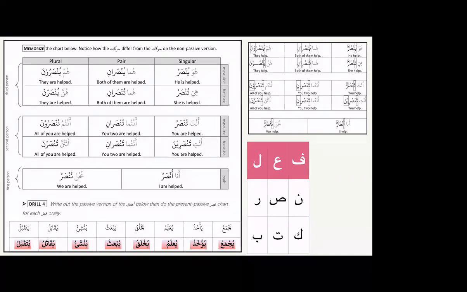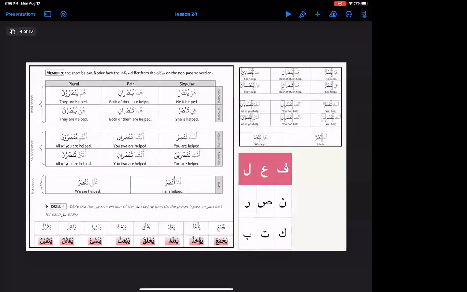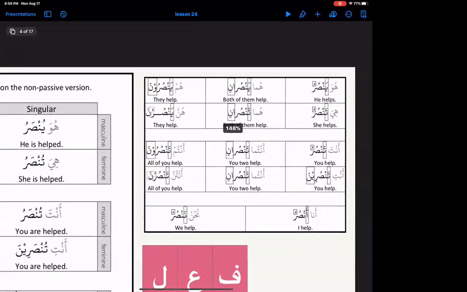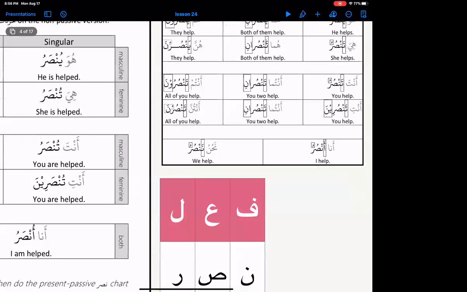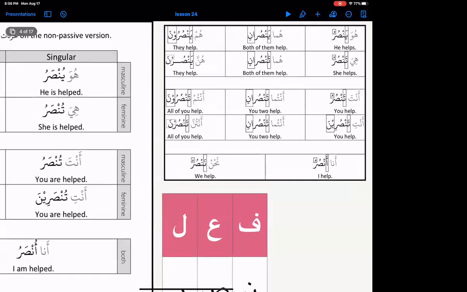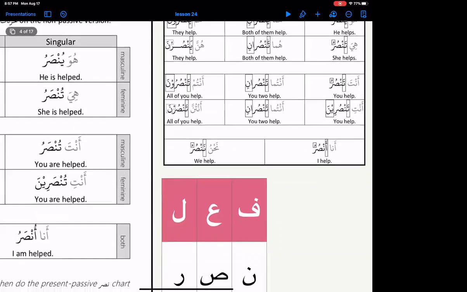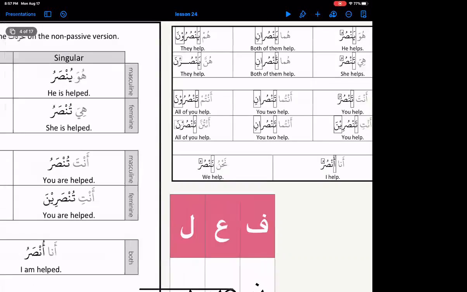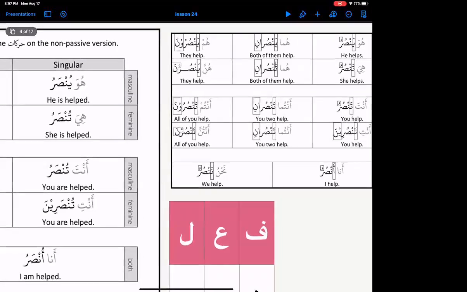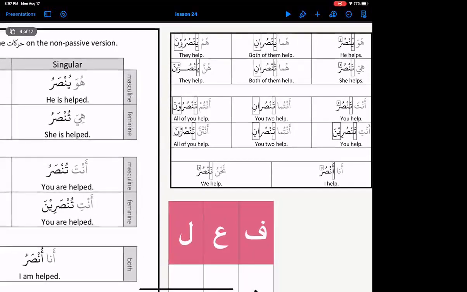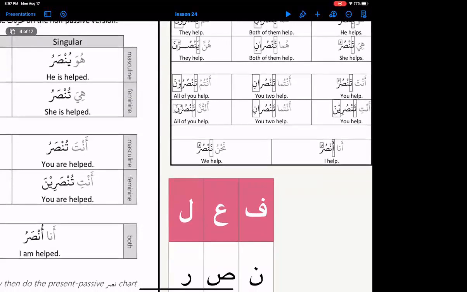Now, how is it gonna work? Let's see. So all these 5 in your pocket. Let's do them first. So yansuru, what are we gonna do? This ya is going to change into u sound. So the root letters are noon, sod, and ra. So the second root letter is our sod. This sod is going to get